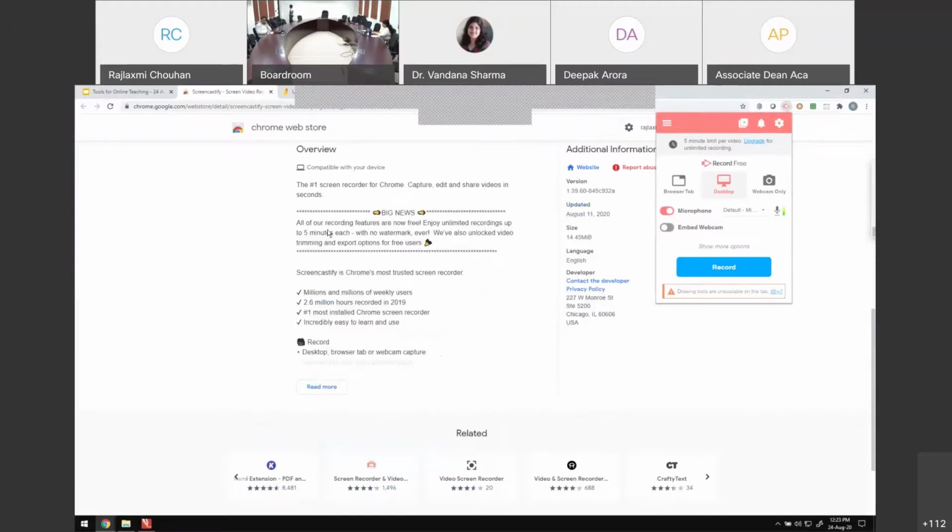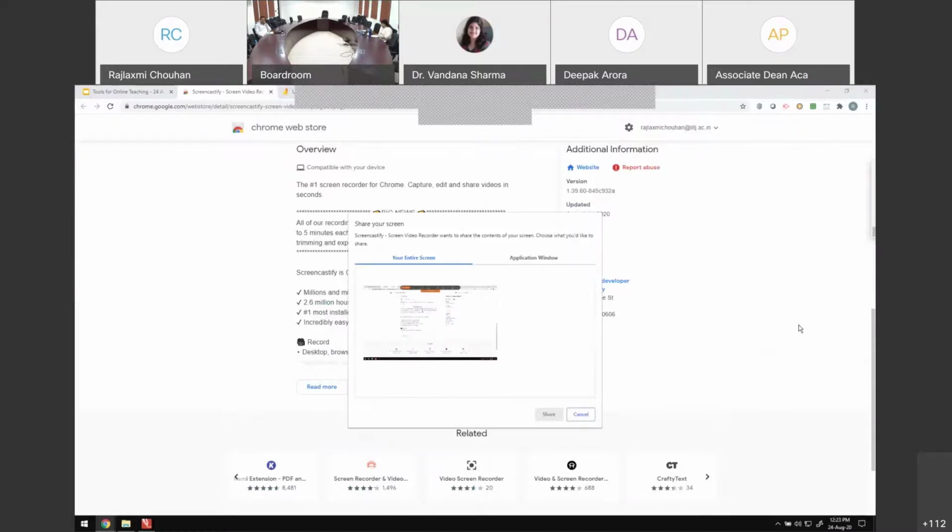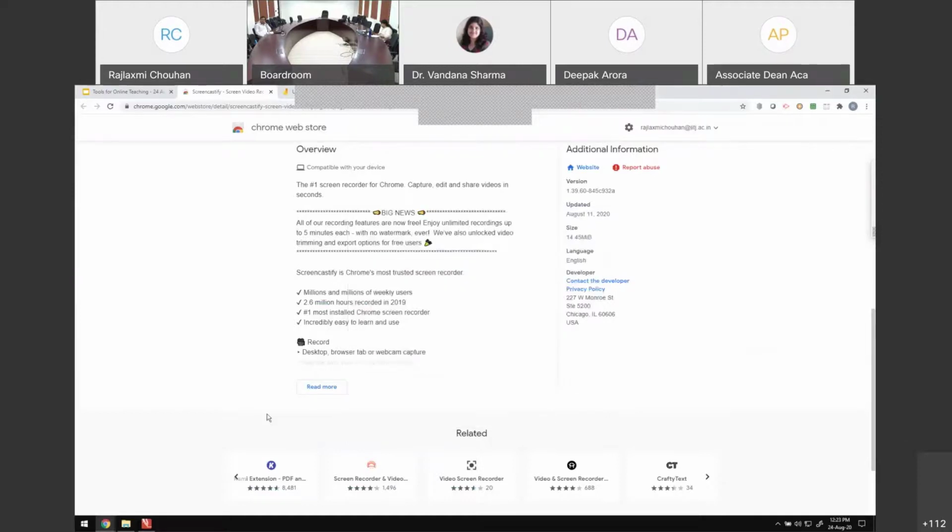So those pen tools can be directly used on the browser. Somehow it's not working right now, but it normally should. Yeah, it's not working right now, but I'll find this out and I'll come back to you, or I'll share a demo of this with you separately.